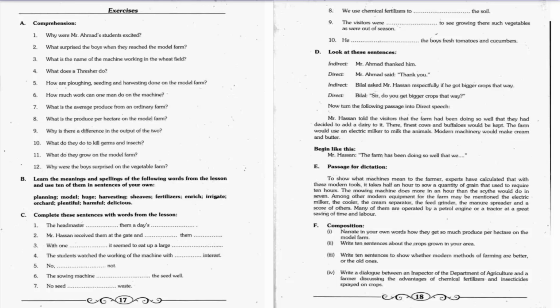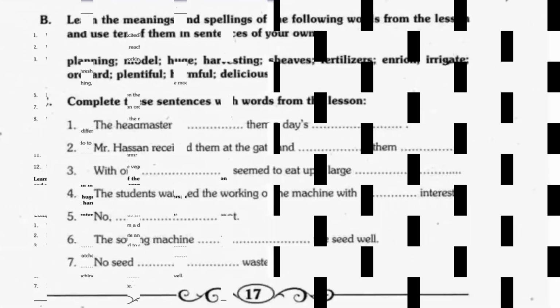Exercise A, comprehension. My dear brothers, these are question answers which are already given in your English notes provided to you by Iqra management. So we won't be doing this exercise in our register. The rest of the exercises I am going to discuss with you today, you have to do in your register in cross section after making the title page, writing down the words and meanings of chapter number 5, A Visit. Starting from